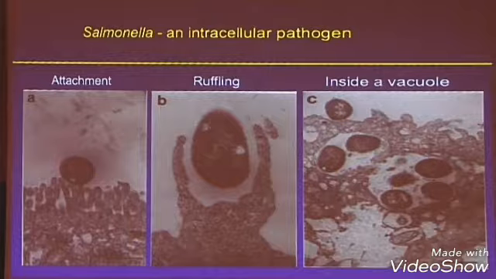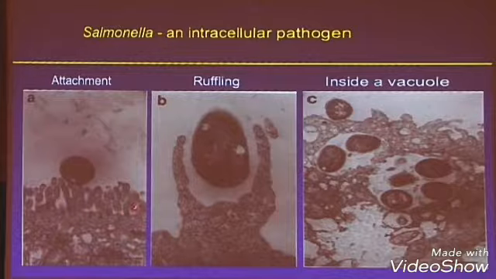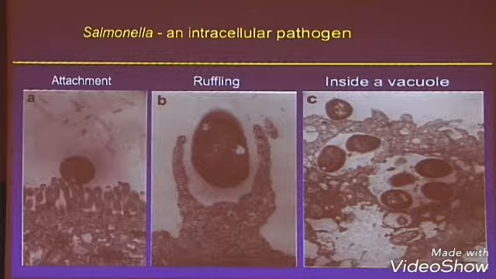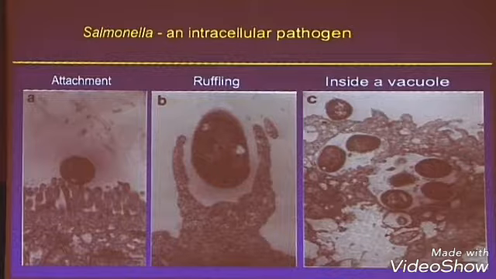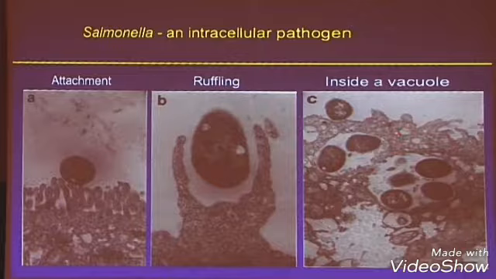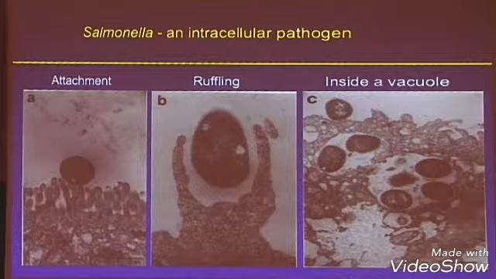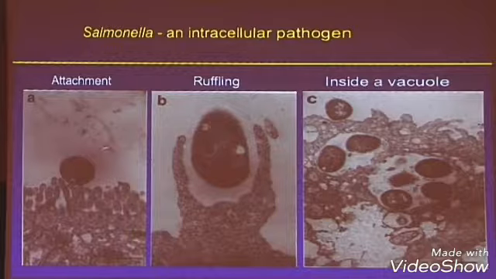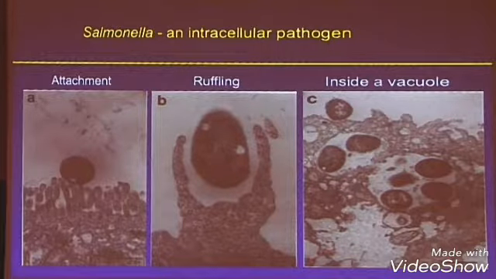It has the capacity to enter into mammalian cells. If you have the intestinal epithelium here, the bacterium can somehow interact. We really don't know a lot about this process yet. It triggers events in the mammalian cell, which then extends pseudopods up and around, embraces the bacterium, and internalizes it into a membrane-bound vacuole. Now, some bacteria get in and break out of this vacuole, but Salmonella remains in this membrane-bound inclusion, where it can either transit through the cell or live in here and replicate, always remaining within this membrane-bound vacuole.